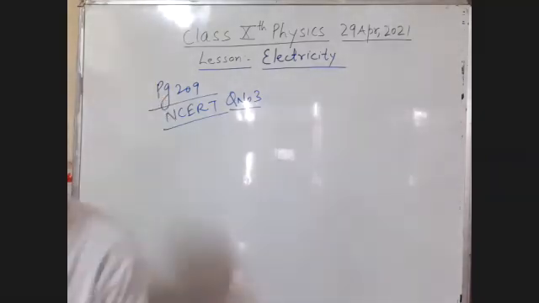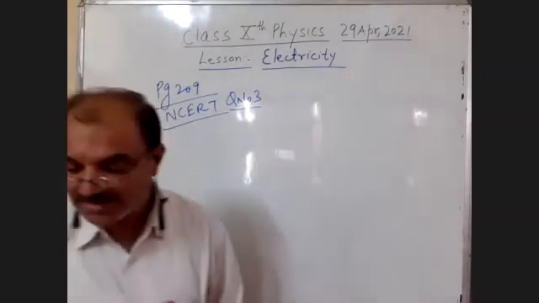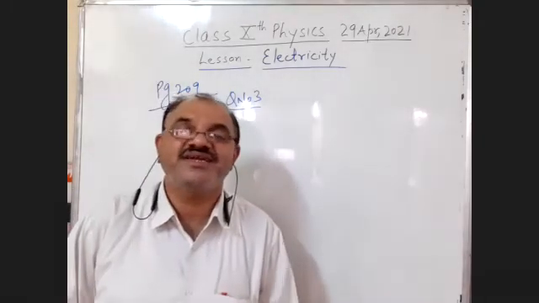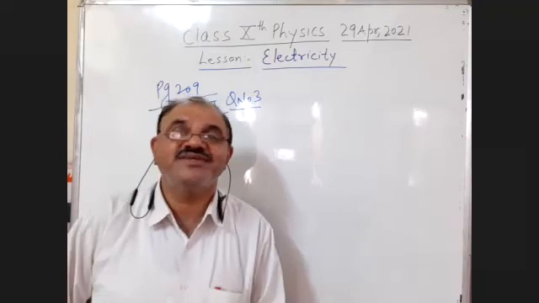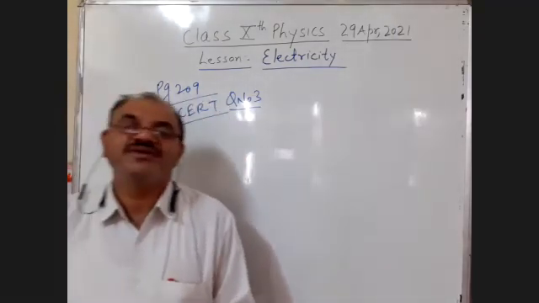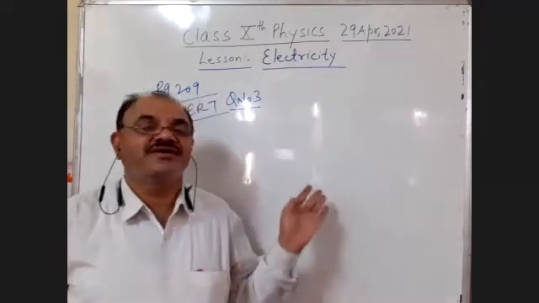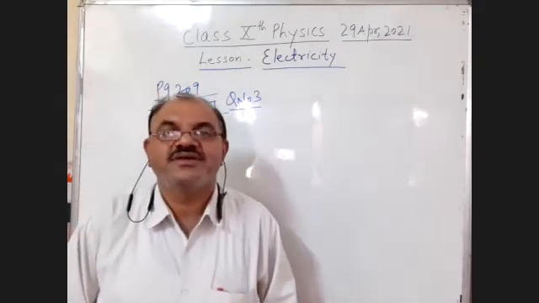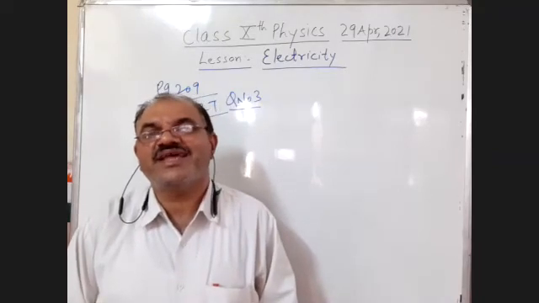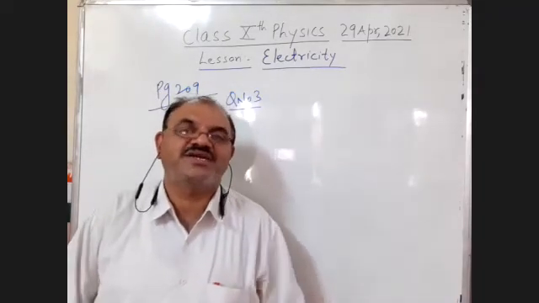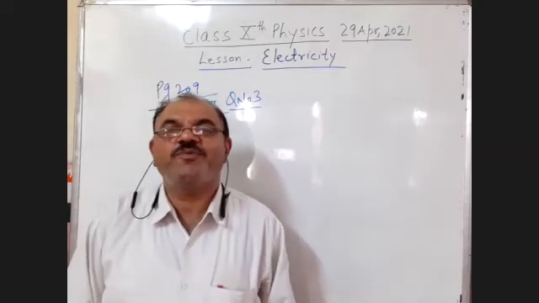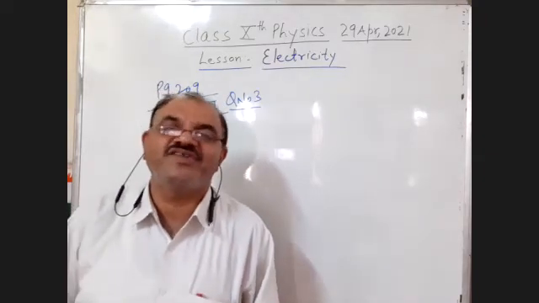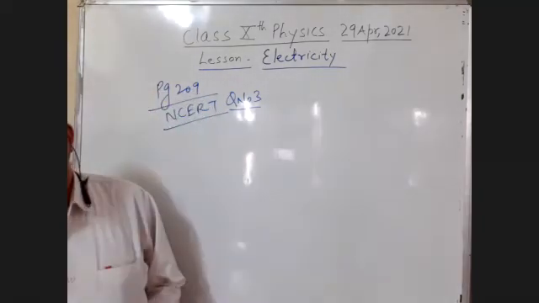Now, students, as per the statement of your question number 3, first we'll understand the statement. Once the statement is understood, definitely there is no problem in solving this type of question. So the statement is like this: the resistance is constant. The value of the potential difference is changing, and what will be the effect on the current? The potential difference is changed to half.